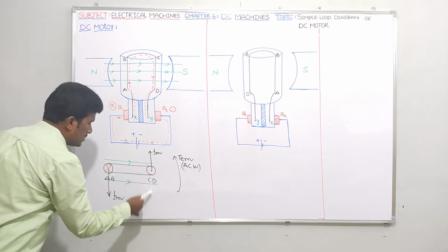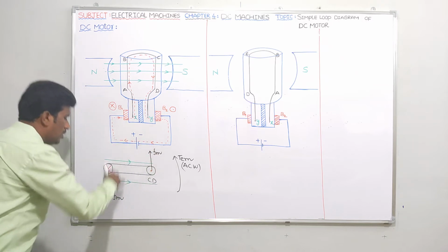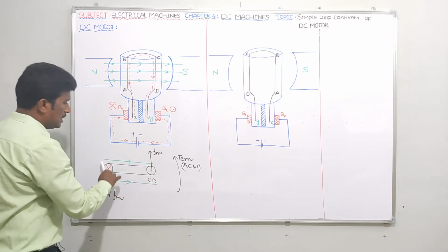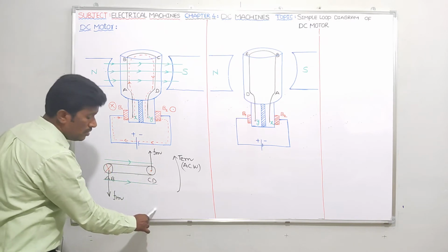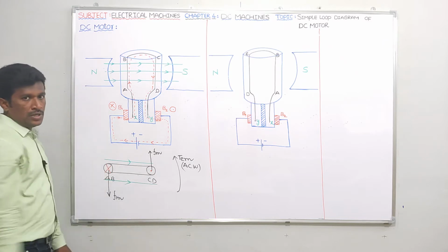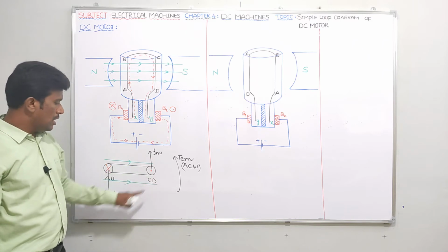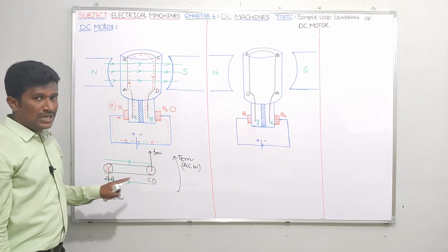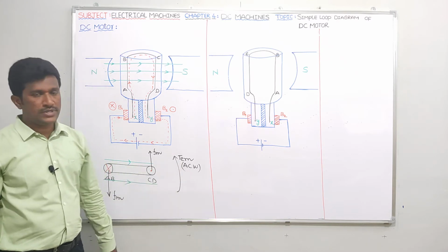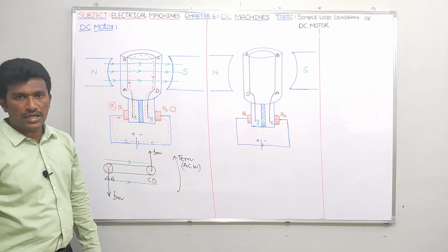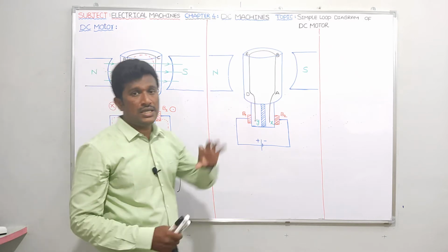If you want, you can check. See, anti-clockwise direction, CD upwards, AB downwards. Suppose you take clockwise, that is wrong, because if you take clockwise, tangential motion at CD will be downwards, but it is not correct. At AB it is upwards, but it is not correct. So if you want tangential motion upwards at the CD conductor and downwards at the AB conductor, the direction of electromagnetic torque produced because of motor action should be anti-clockwise. Yes, I just showed it here. Is it clear?